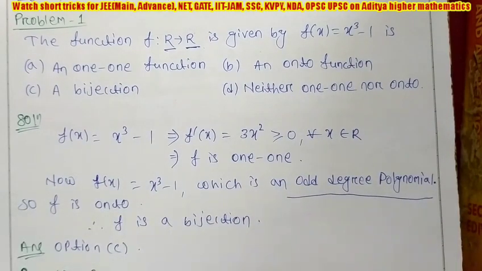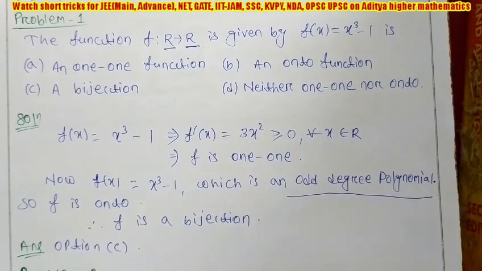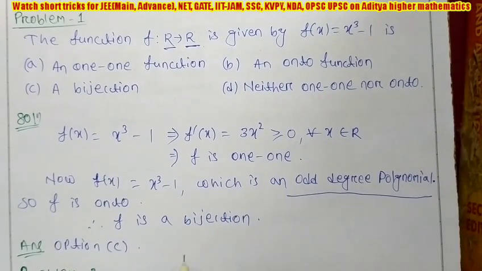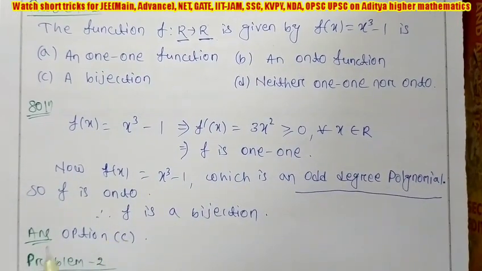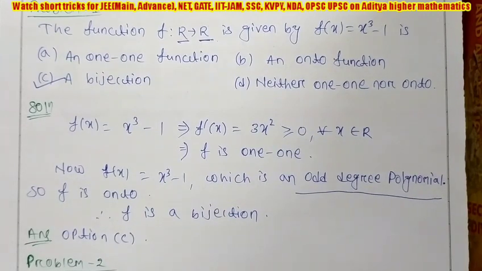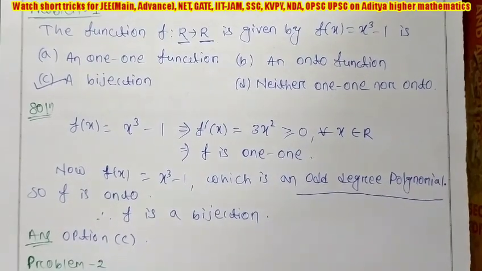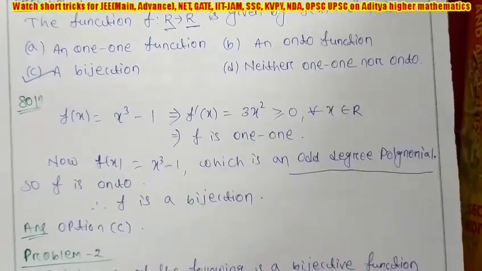And the bijection video I have already made in my previous lecture. You can watch this video on how to check bijective and how to find the number of bijective functions. That means if one function is both 1-to-1 and on-to, then we can say it is a bijective function. Since it is both 1-to-1 and on-to, we are getting option C is correct. So this is a simple question and I will increase the difficulty level in the next question. So watch all the solutions of the questions. One by one I will increase the difficulty level. So first I am solving a simple question. Next see the second question.